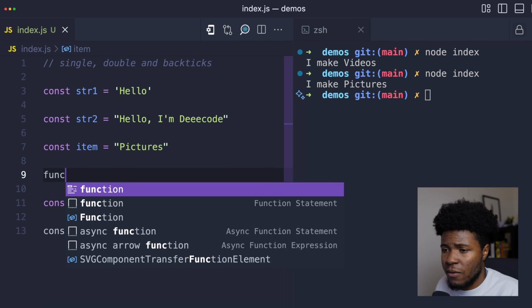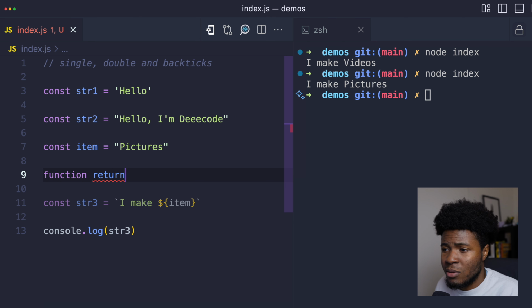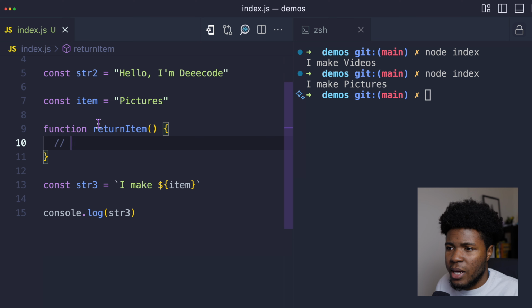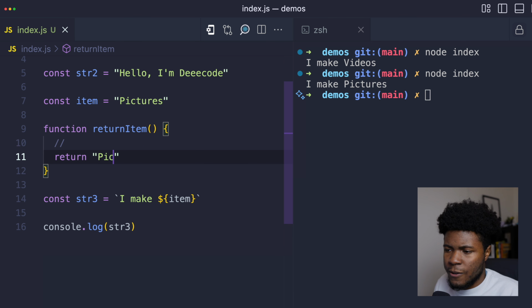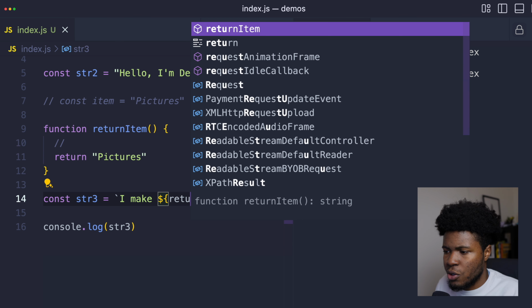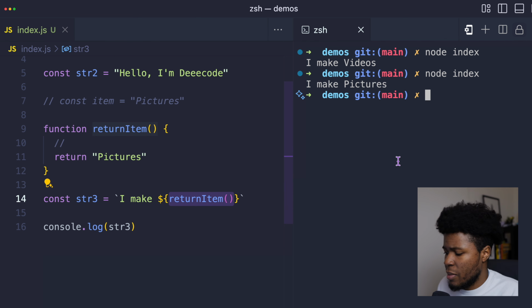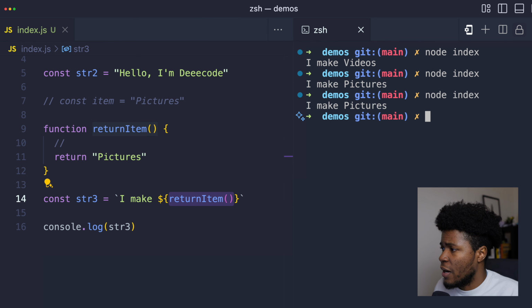For example, we can have a function called return item, and this function probably does some calculation and then it just returns pictures. And then here I can interpolate the function called return item. So we have I make, then we call return item, and when I run this again, we have I make